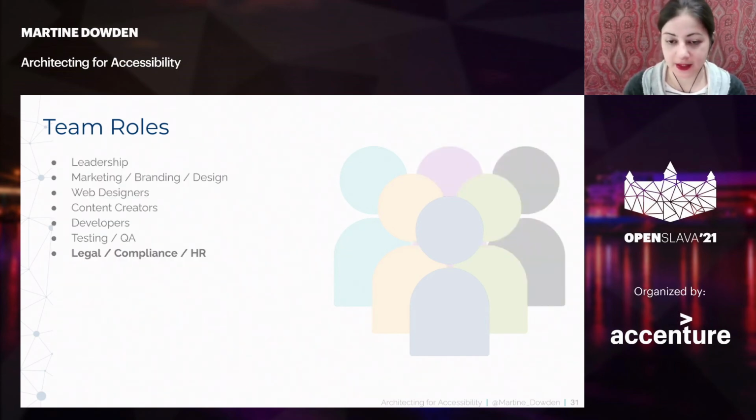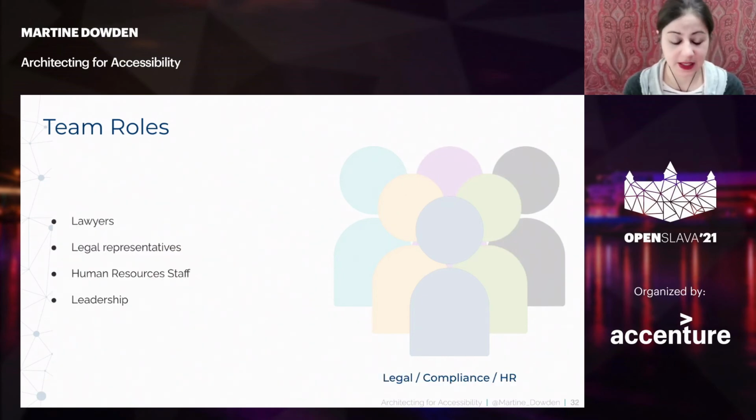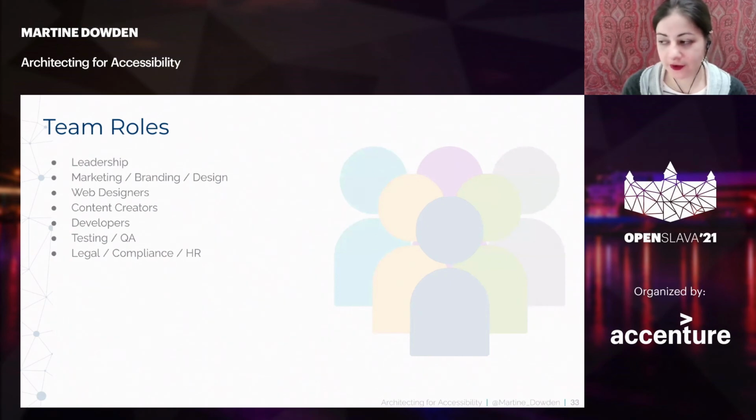And finally, legal, compliance, HR, those types of roles, because that accessibility statement, right, that we wrote, they probably need to review it, right, because it's representing their company. Any kind of legal representation to make sure that, hey, we are utilizing and following the standards that we are legally required to follow. Not all projects do have legal requirements, but some definitely do. So making sure that those are being followed. So it's a combination of for the content, for things like accessibility statement, but also making sure we're doing all the right things we need to do according to whatever contract or legal requirements we're bound to. So those are kind of our team roles.